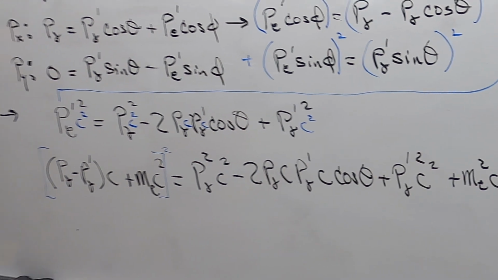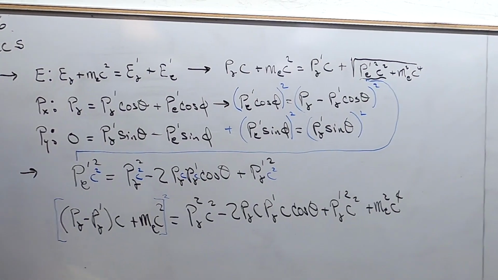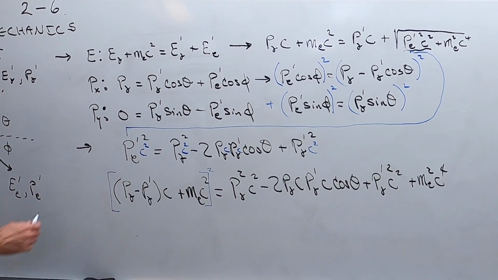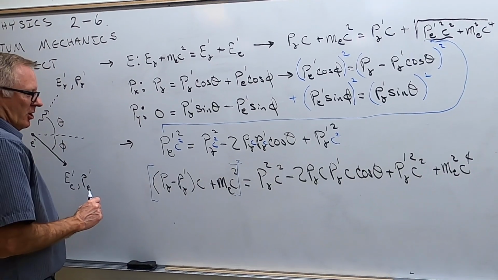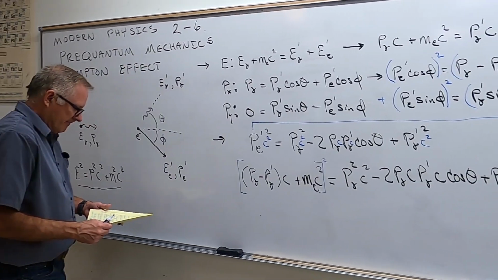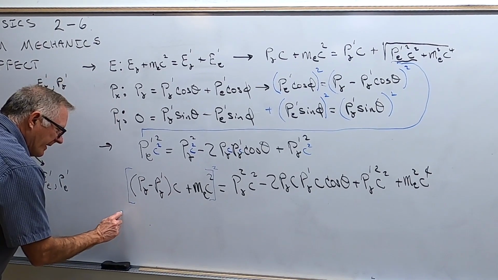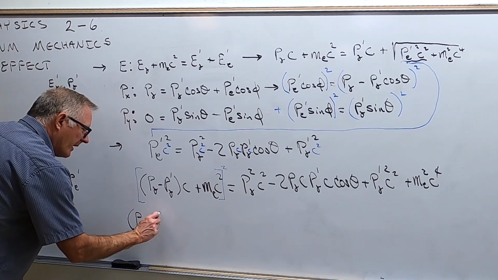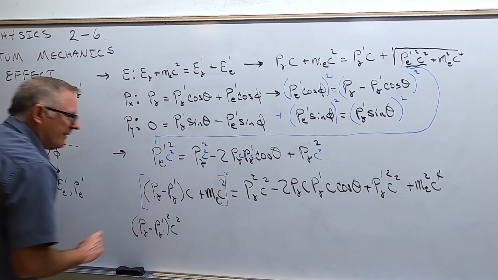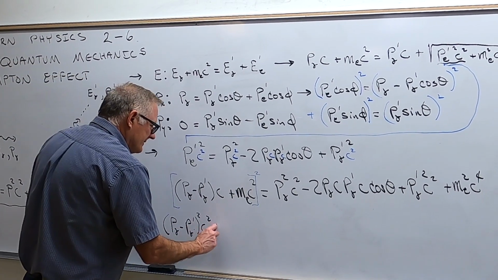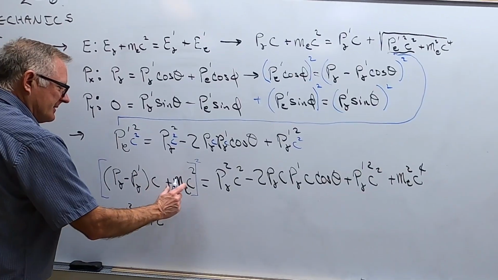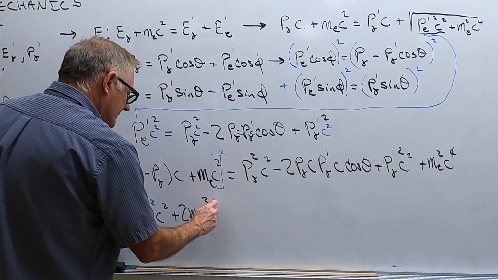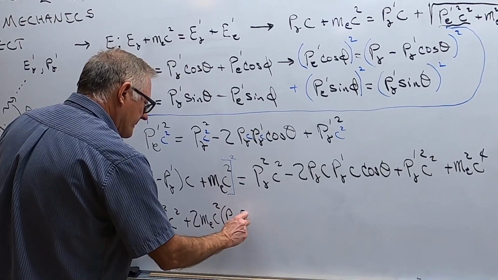So now I don't have any P primes. So now we'll square this thing out right here. If I square this thing out, I get the first term squared. This term squared would be (P gamma minus P gamma prime) squared C squared, plus 2 times the first times the second, M sub E C squared times this (P gamma minus P gamma prime) C,